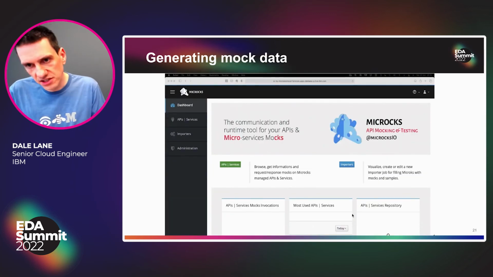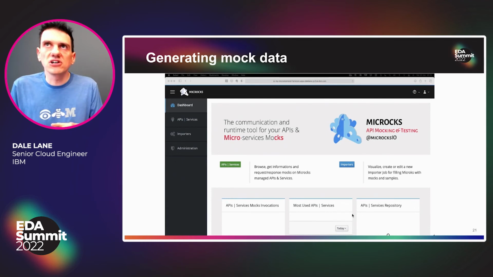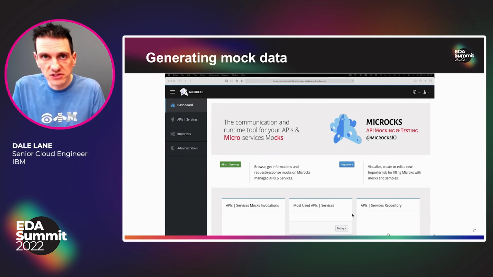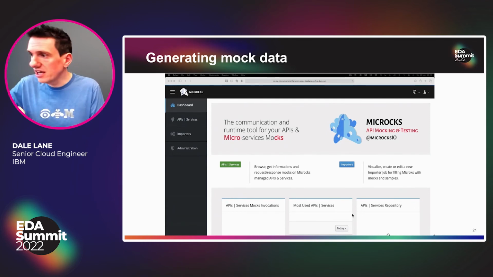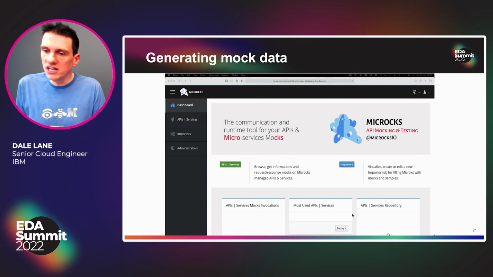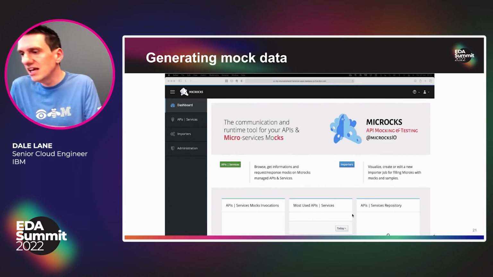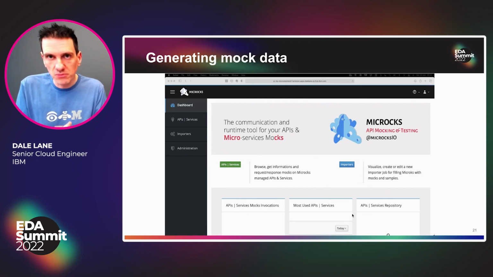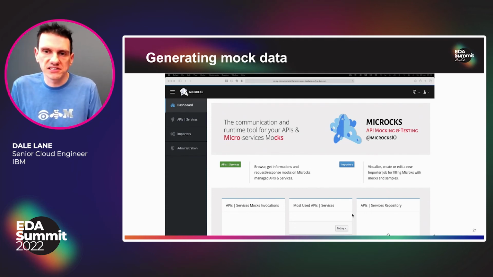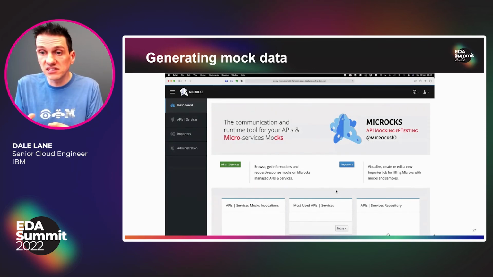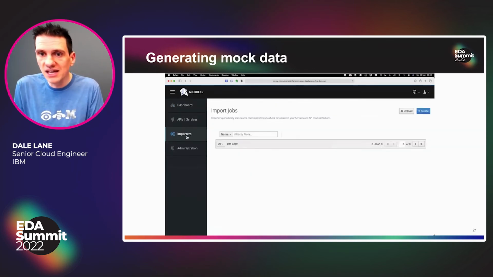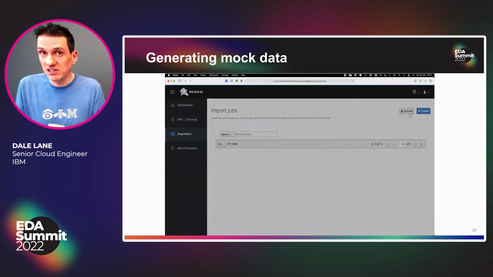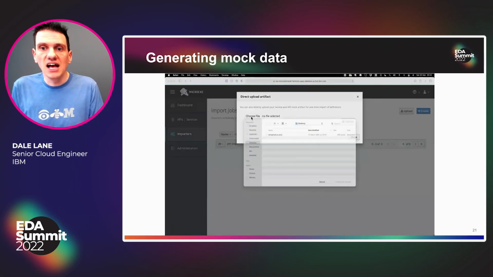Another way that we like to use them is, again, if you've described in an AsyncAPI document the application you're intending to build, and you get your teams to divide up and start working on it, maybe you've got one squad that's working on consuming the messages from that topic, another squad that's going to be producing those messages. A mocking system like Microcks, another open source tool that has support for AsyncAPI, is a nice way of helping your developers be productive, because that squad that's going to start consuming the messages and processing them, they don't have to wait for that Kafka cluster to really exist or that topic to really exist if they've got a